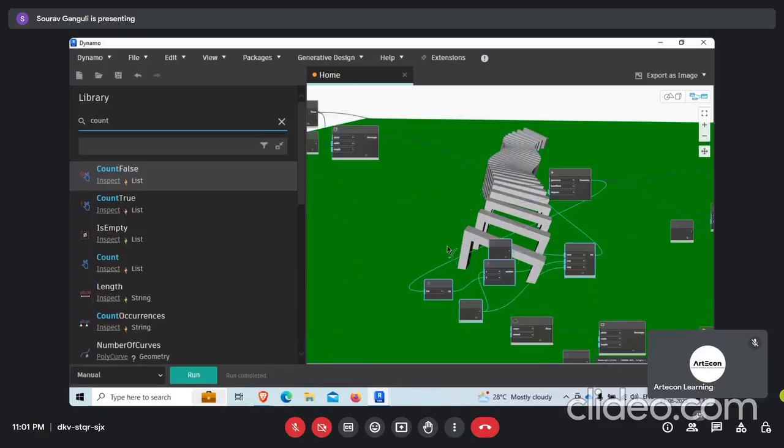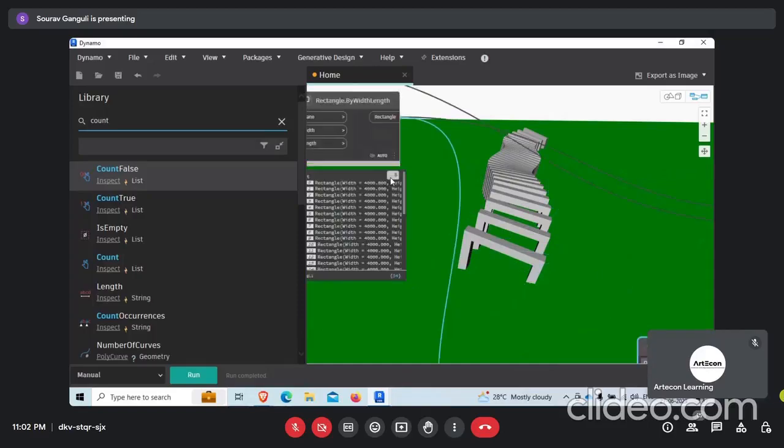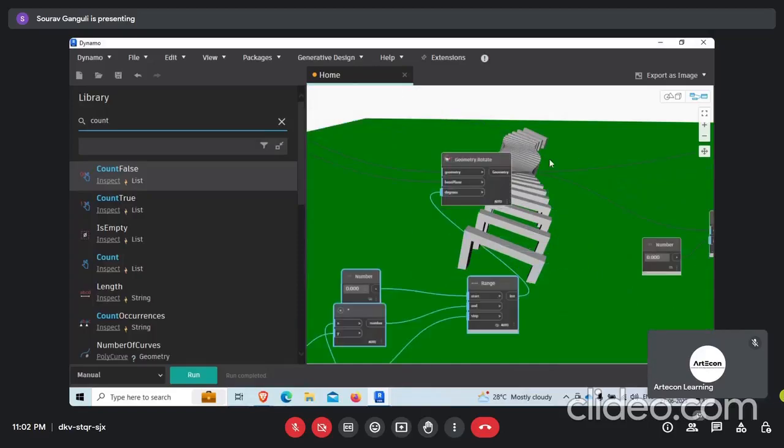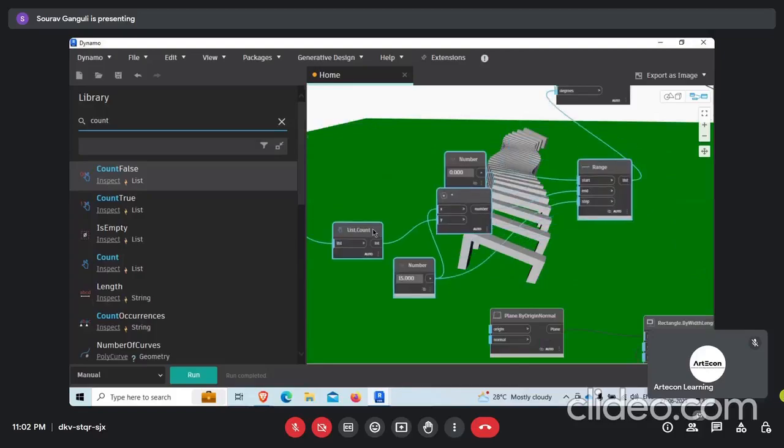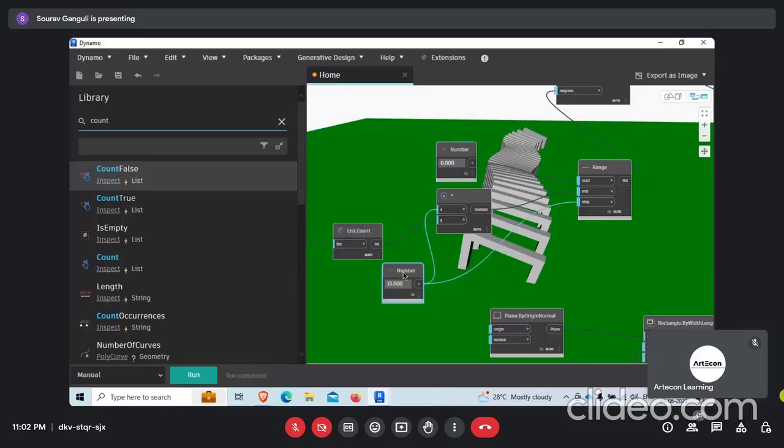Instead of using geometry, we can use rectangle also, because it's the same thing. The count will be the same. If there are 34 elements, there will be 34 geometries to rotate. So just to clean up the node layout a little bit. Yeah. So now if we run it,